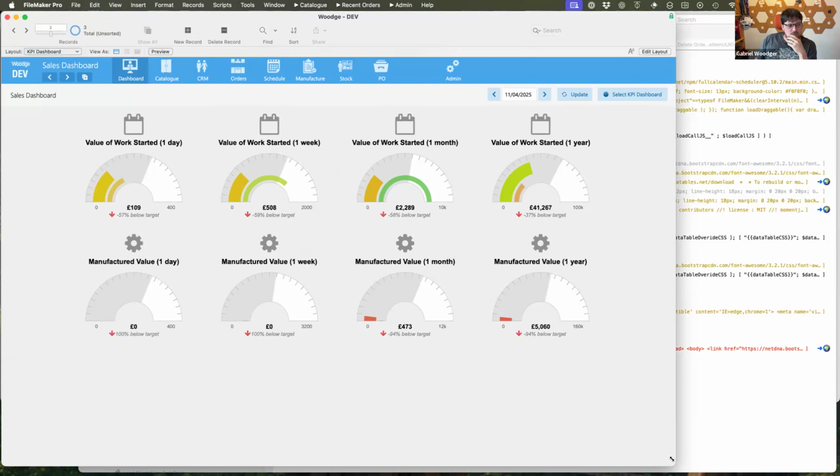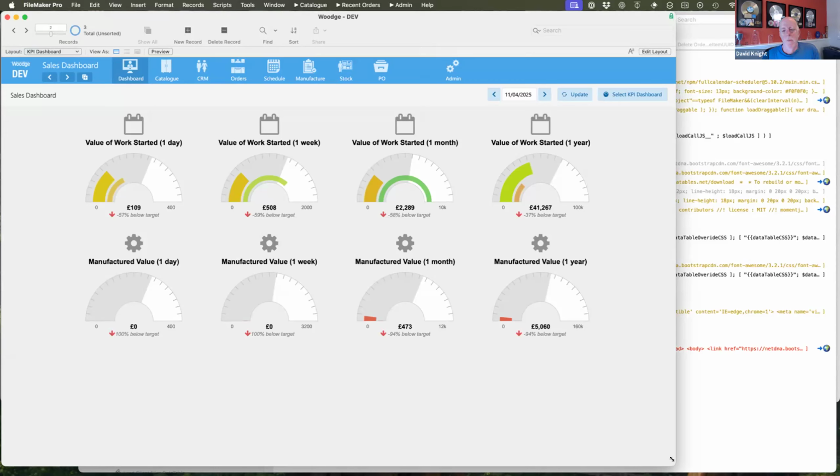In terms of the actual file size, our biggest customer, who we've worked with for a long time, a company called Deval Kitchens, their database is, I don't know, 25 gigs, something like that. So they're at the stage now where they've got millions of records in a lot of the tables. We've done a lot of work to make it fast for that number of records, but they're making 2 or 3 million pounds worth of kitchens every single month. So there's a lot of records that can go through there.